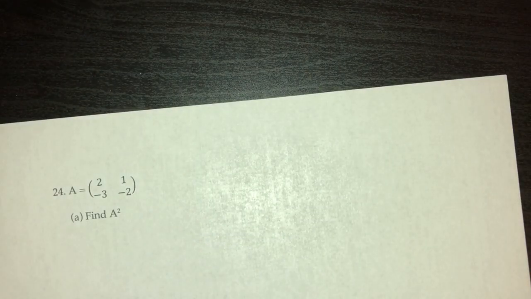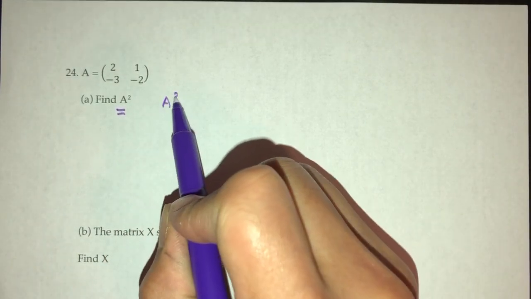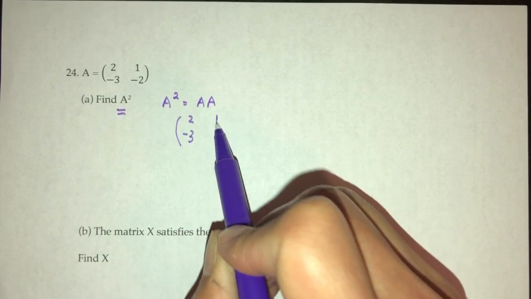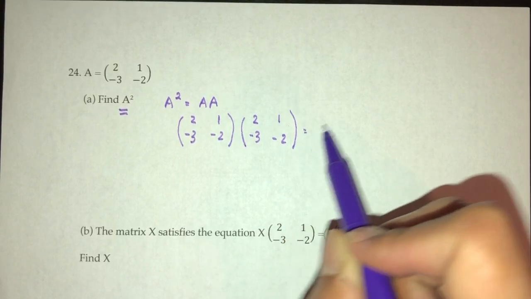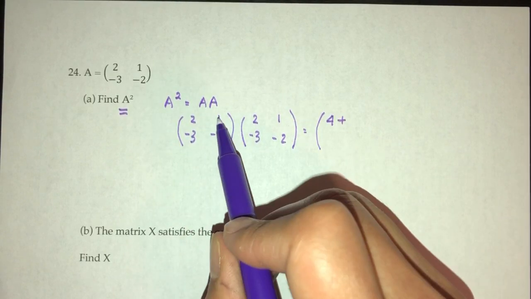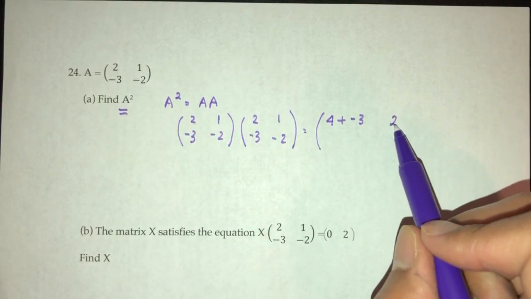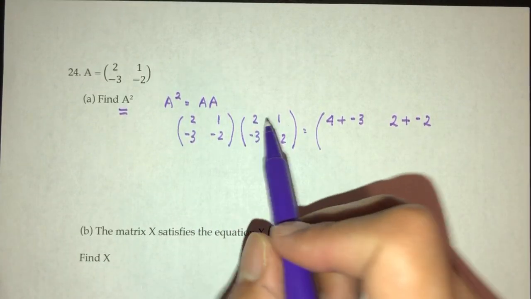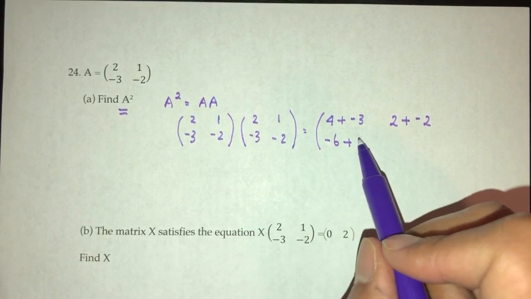Now this is question number 24. So here we have to find A squared. A squared is A times A: 2 minus 3, 1 minus 2 times the same thing, 2 minus 3, 1 minus 2. Rows times column. So 2 times 2 is 4 plus 1 times minus 3 is minus 3. Rows by column. 2 times 1 is 2 plus 1 times minus 2 is minus 2. Rows by column. So minus 3 times 2 is minus 6 plus